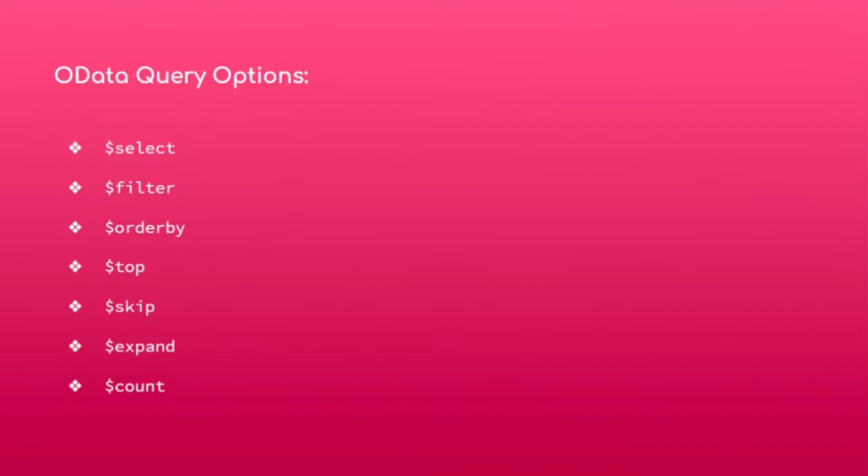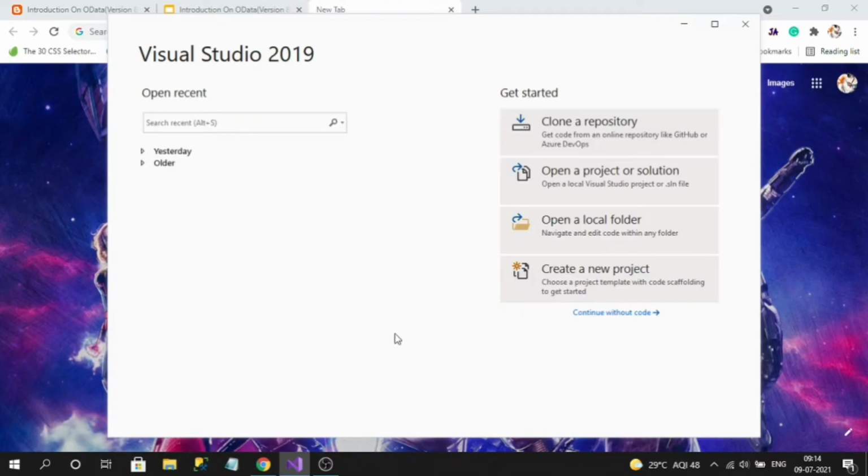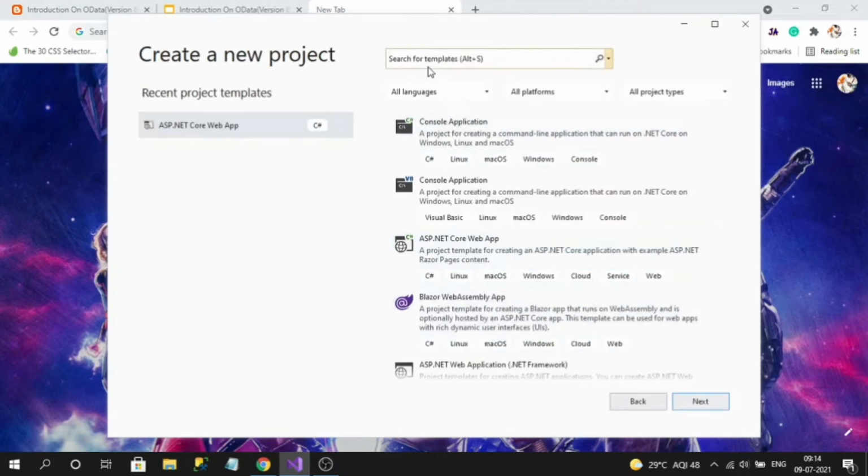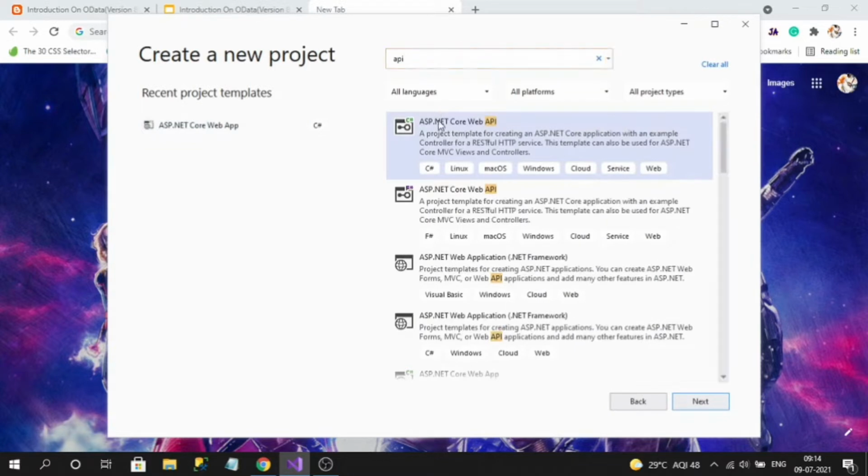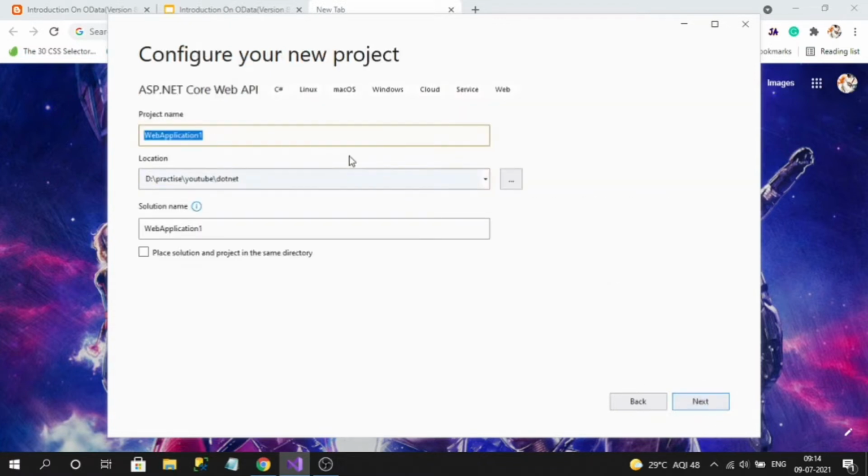So let's jump into creating our .NET 5 Web API application. Open Visual Studio 2019 and click on Create New Project. Search for API, and here you can see ASP.NET Core Web API with C#. Please select the template, go for next and name your application.